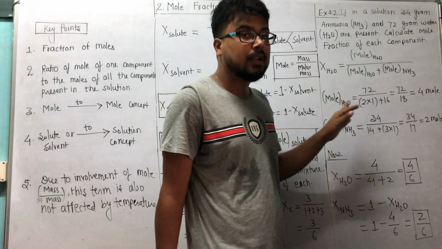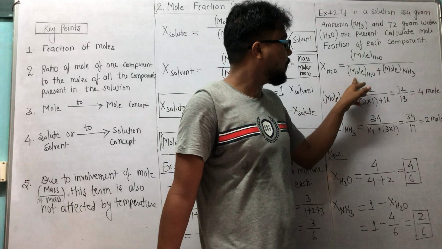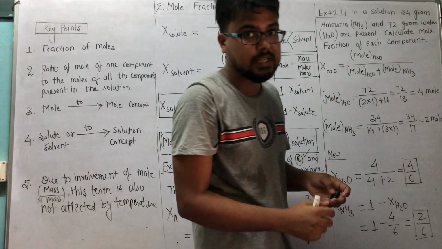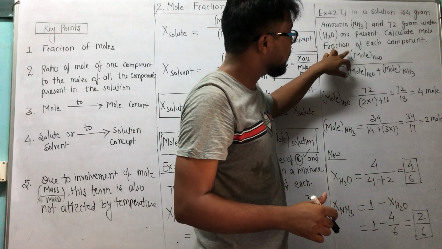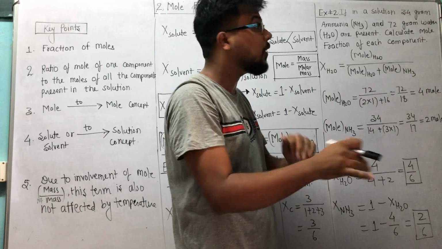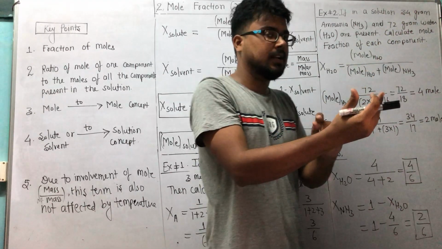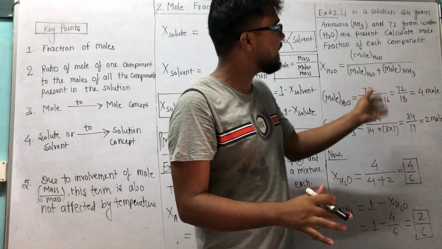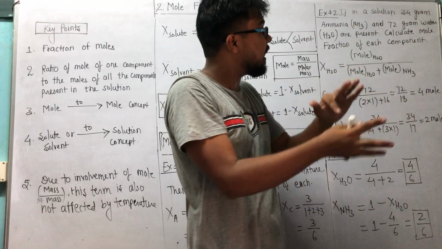So what is the formula? XH2O equals mole H2O divided by mole H2O plus mole NH3, and collectively they form mole of solution, correct? So I have to calculate mole of H2O and mole of ammonia, because mole is not given in the question, it is gram. Suppose 34 mole was there, so directly I could go for the question, but here it is gram. So firstly I will convert this gram to mole.